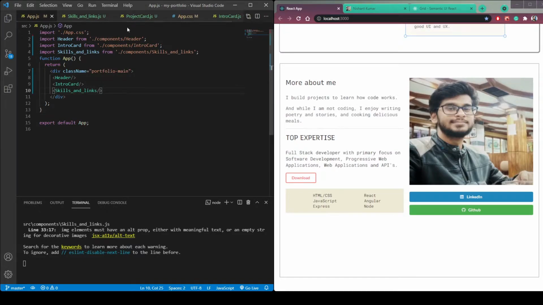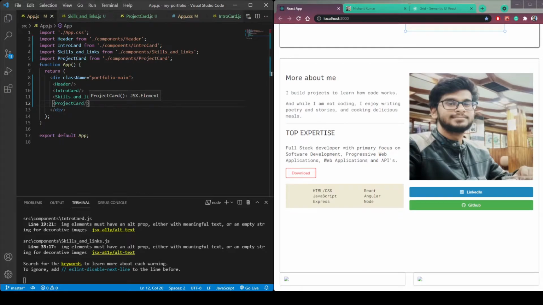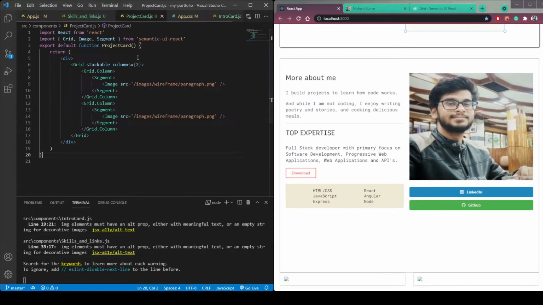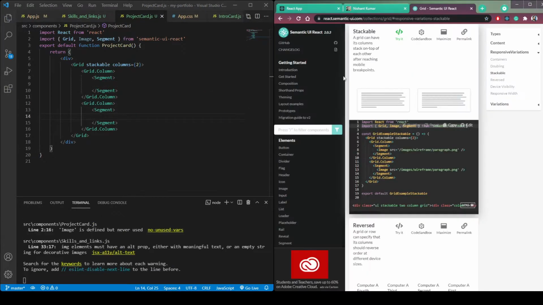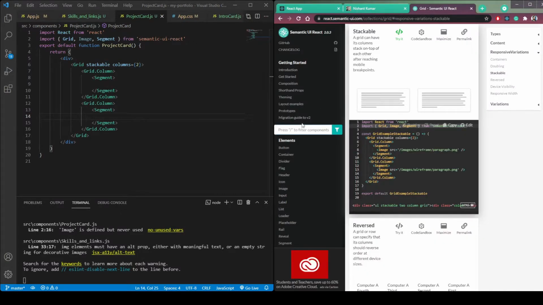And let's import this project card into our main app.js file. So import project card from components project card, and then call it in the return. Now you can see we have two cards. So instead of these images, let's use the card component for the small project cards. So search card here,